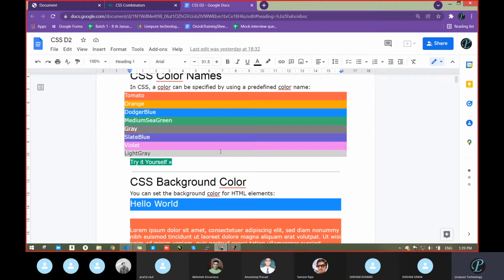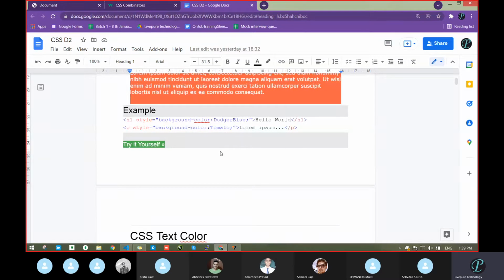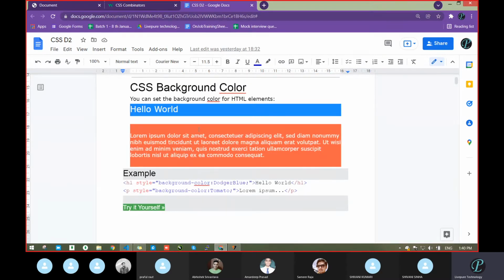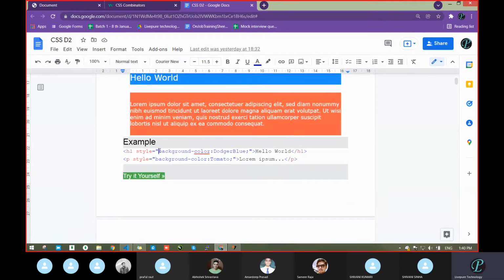So color. With regard to color, what tags have we studied so far? We had studied two: one was background color and one was text color. We studied two things from the HTML itself for coloring, background color and text color. For the background color, which style were we using? The background-color property, and we were passing that color. We're not going to practice this because we already studied it.